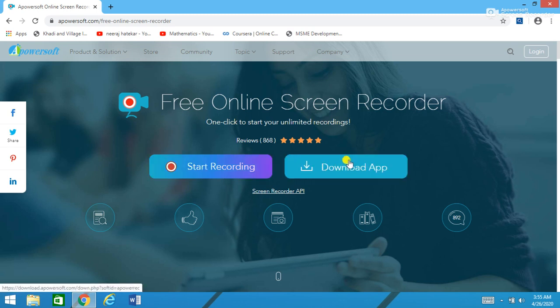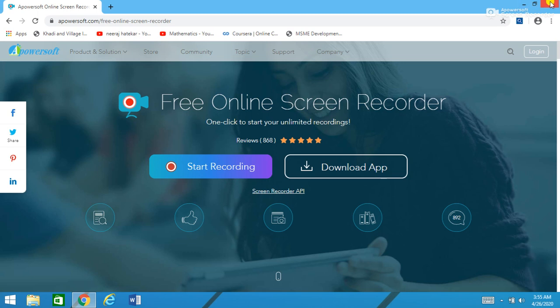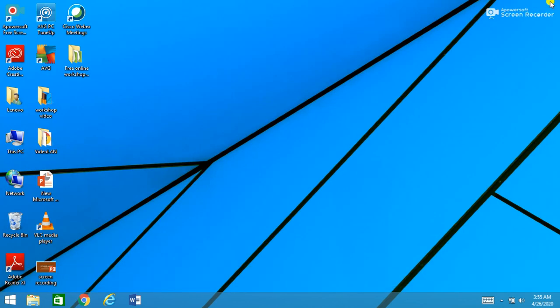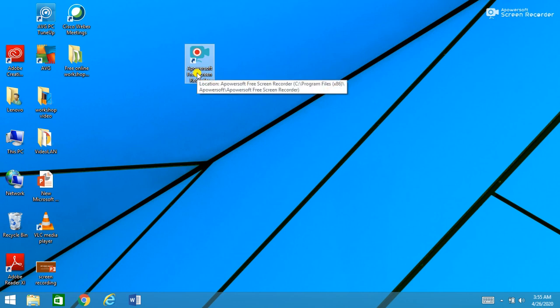I prefer downloading the app on the laptop or on the mobile. So I have already downloaded this app on my laptop. So here you can see this is my APowerSoft Free Screen Recorder. Now let's click on this app.